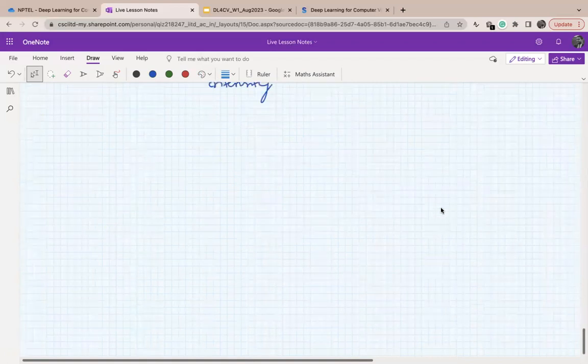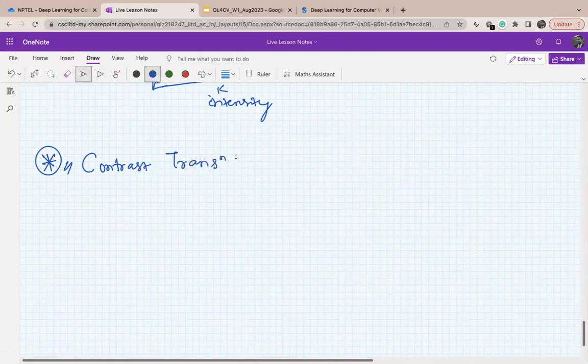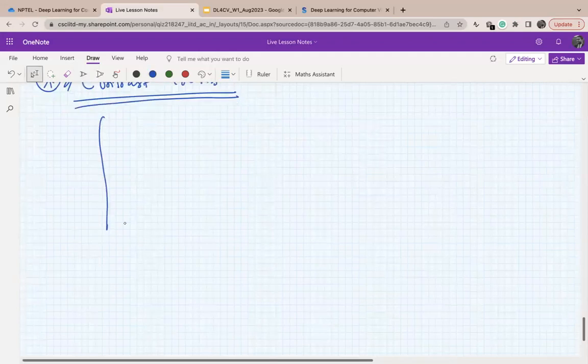So there is something called contrast transformation. By contrast transformation, you take an image and transform its contrast into something pretty, something pleasing. So if you take an image I and want to convert it to I cap, and you just put in a linear line, then